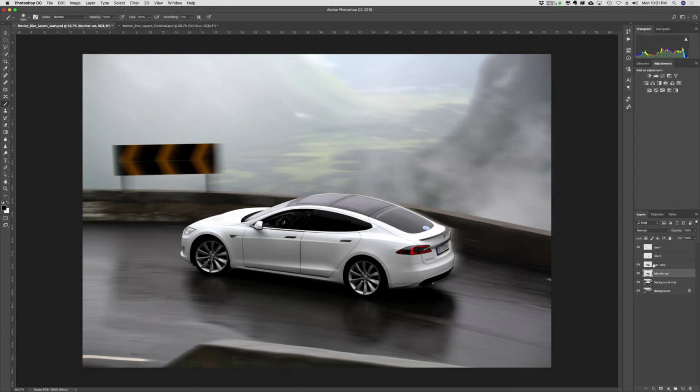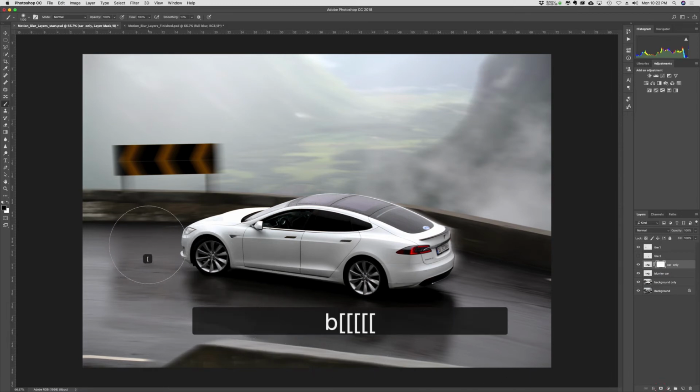So I turned this on, the car only on, and you'll see that the front end is nice and sharp. You'll see that now I got just a little bit of trail off the edge. And you could decide if you want more or less. So if I want a little bit of the headlight, I could make a mask, and I'll take a brush with black and maybe just right around